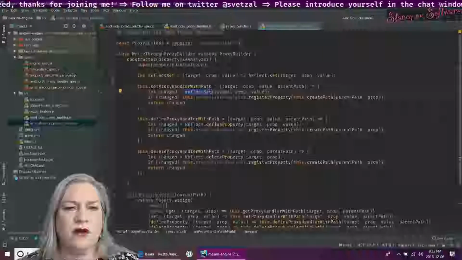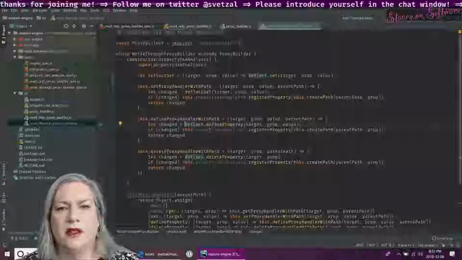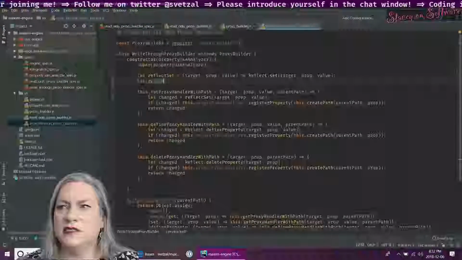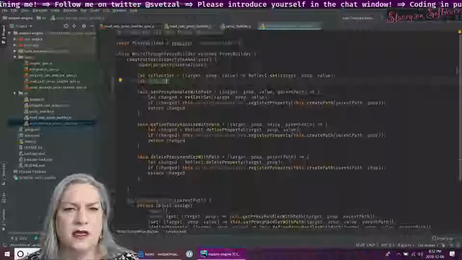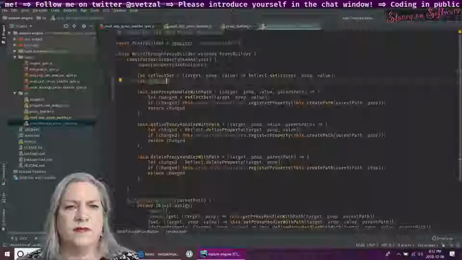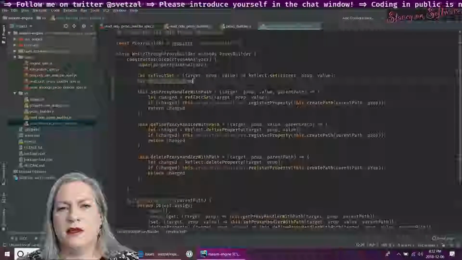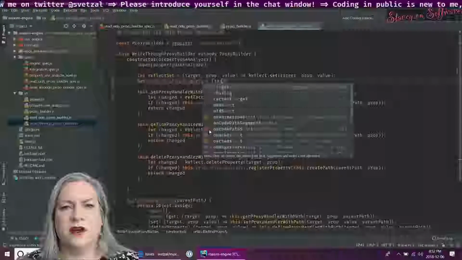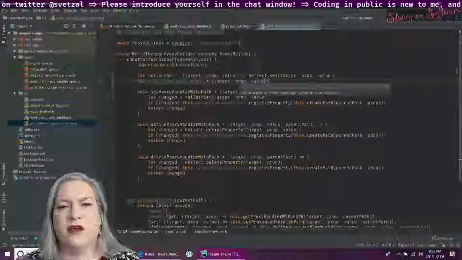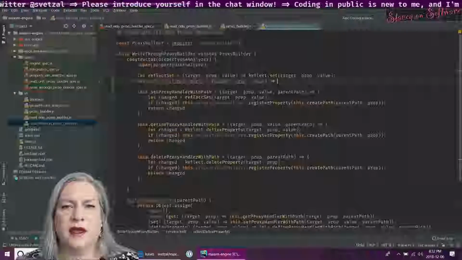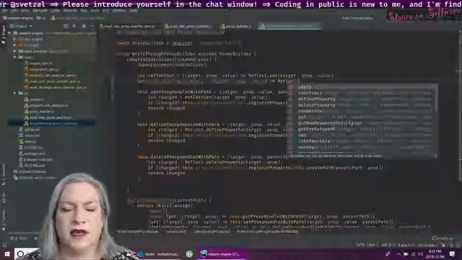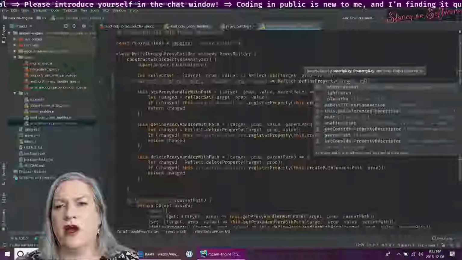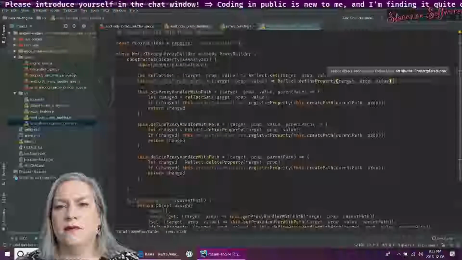That would mean here that I would have a reflect defined property, something that takes a target, a prop, a value, and does Reflect.defineProperty with the target and the prop and the value.